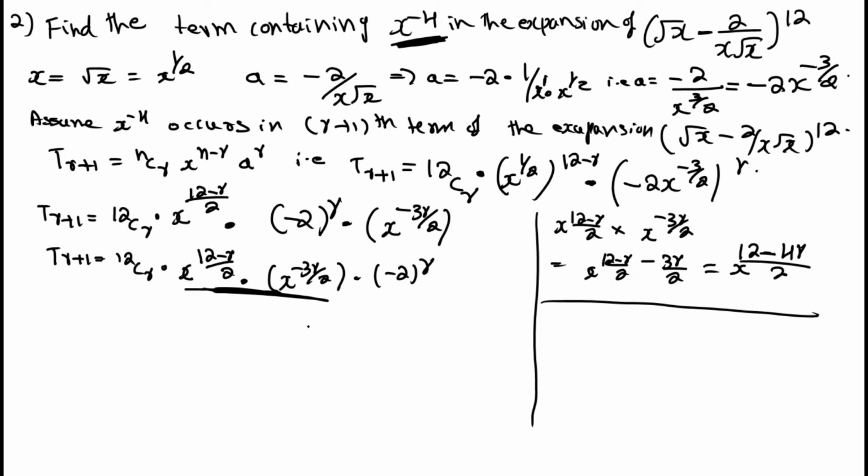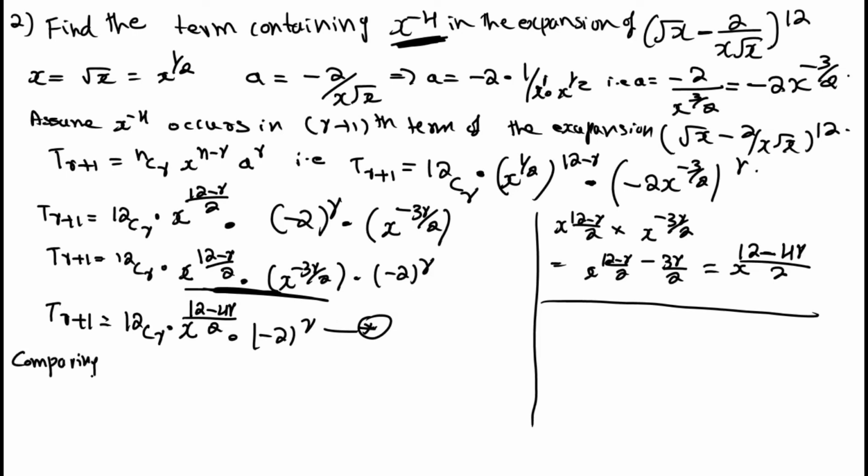Okay, so here I'll write T(r+1) = 12Cr into x to the power, how much will you get? (12 minus 4r) divided by 2, into (minus 2)^r. Take it as equation star. Okay. Next,